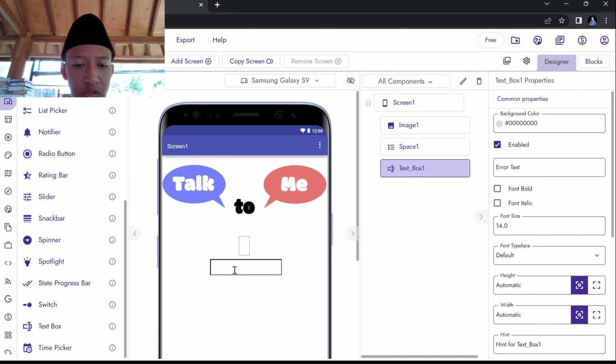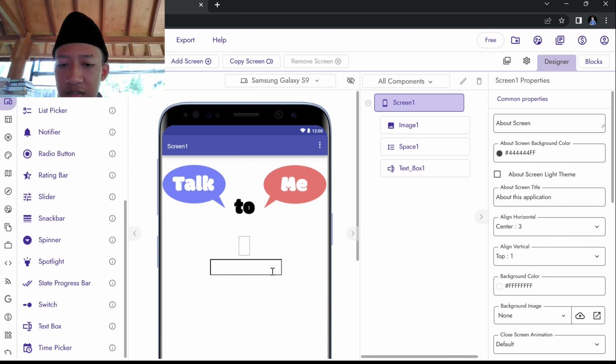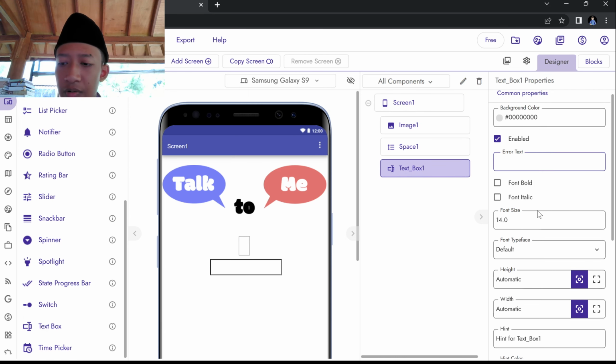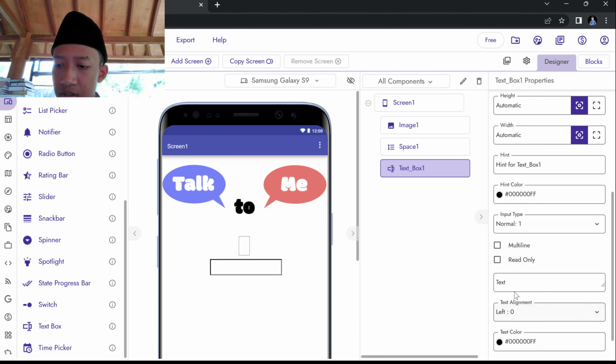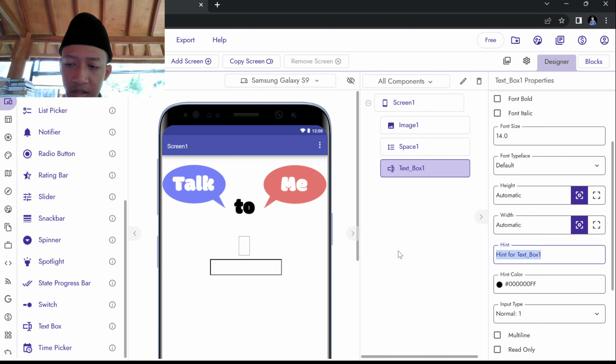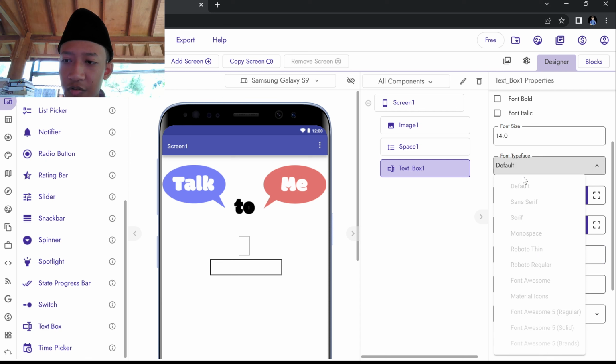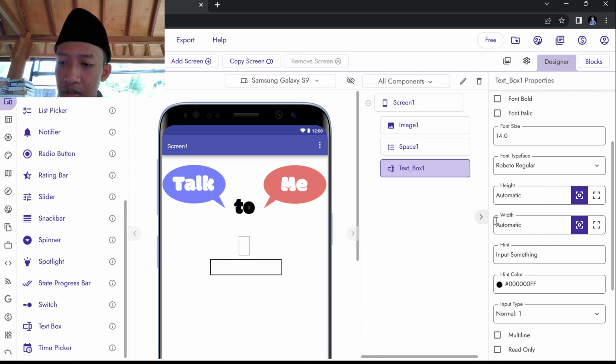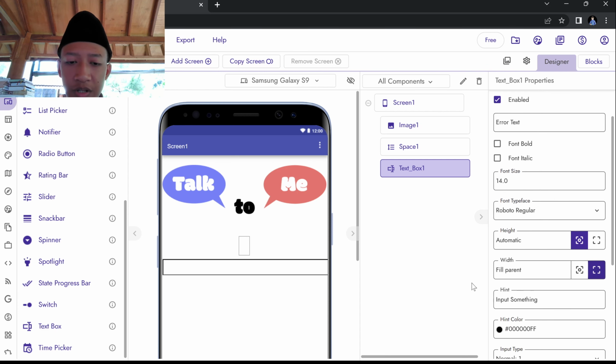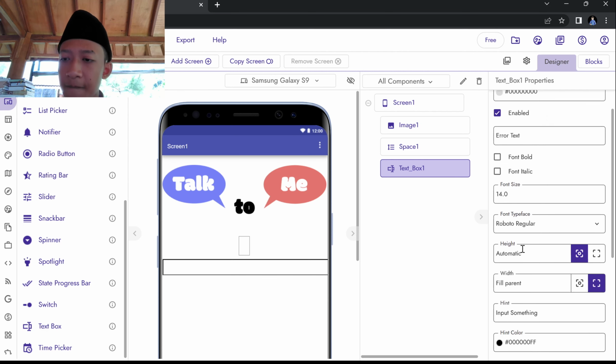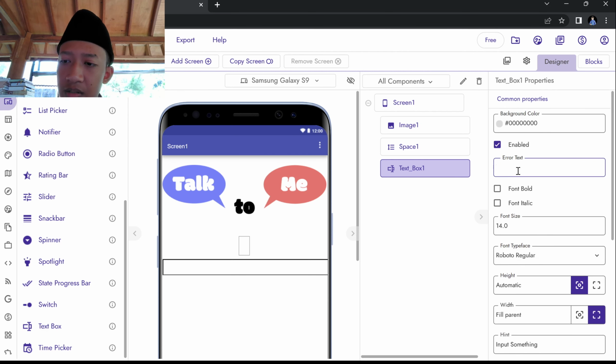So the text box you just put over there, and then for the error text, no, there's no error text, and then for the hint text, you just type input something, and then for the font type the Roboto regular, and then for the width you just fill parent. After that, error text, I think no for that one, and then next